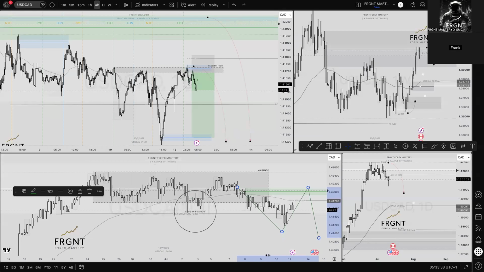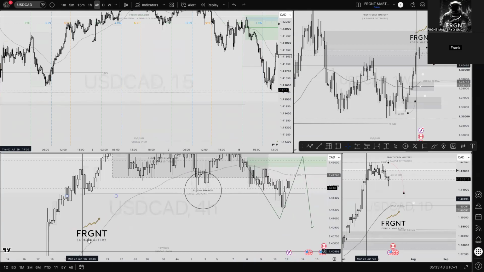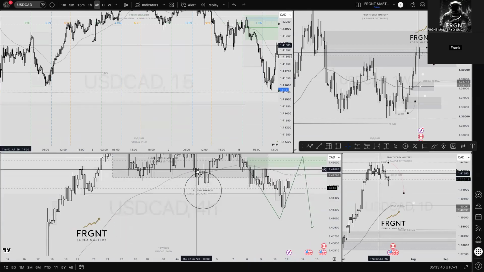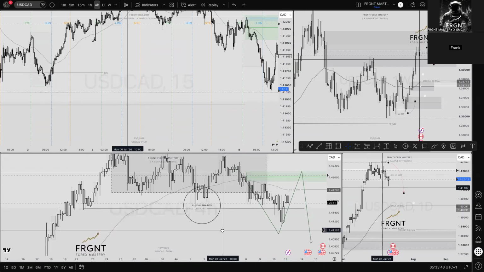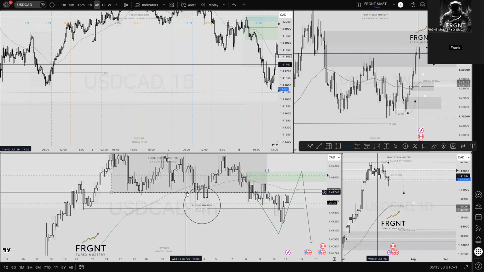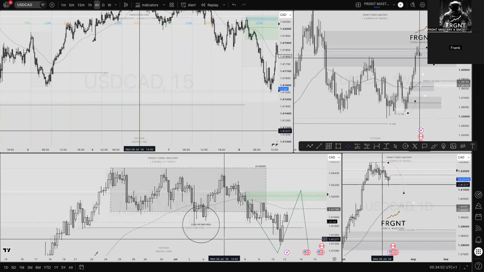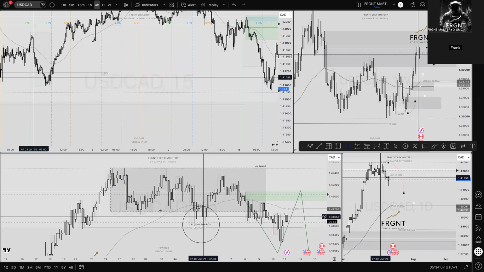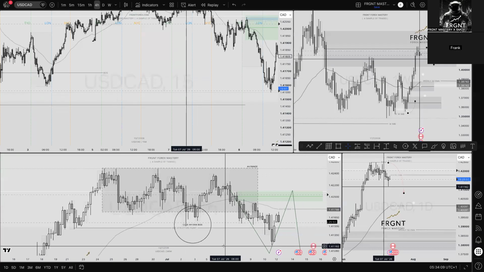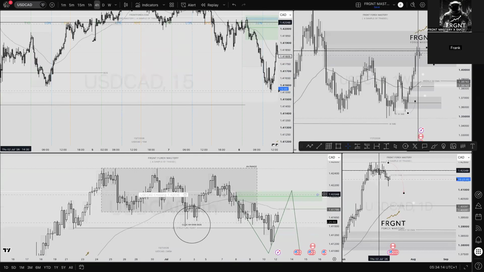And now the reasoning why I believe so is look at the EMA performance on the 4-hour time frame. We were respecting the EMA towards the upside. Here is our first clue as we've broken below the EMA, and secondly, we've also clearly broken out of my illustration of a range. And as I always say, price action doesn't necessarily have to respect my illustration, but I'll do the best that I can in order to gain that confluence. So candlesticks are breaking below the range where it's failed to do so prior. Now we've broken also below that 4-hour 50 EMA where we were failing to do so. We were respecting it towards the upside.